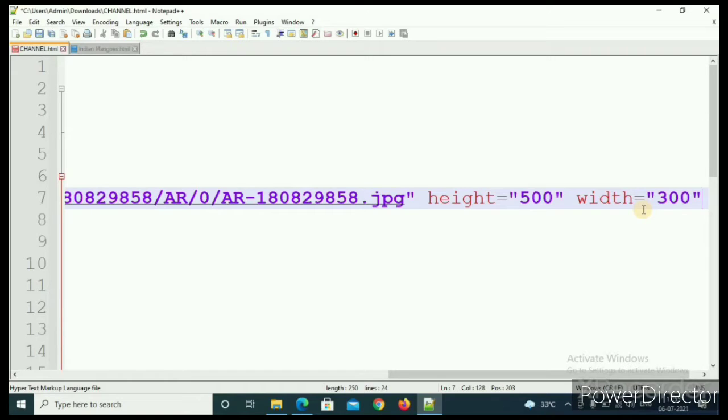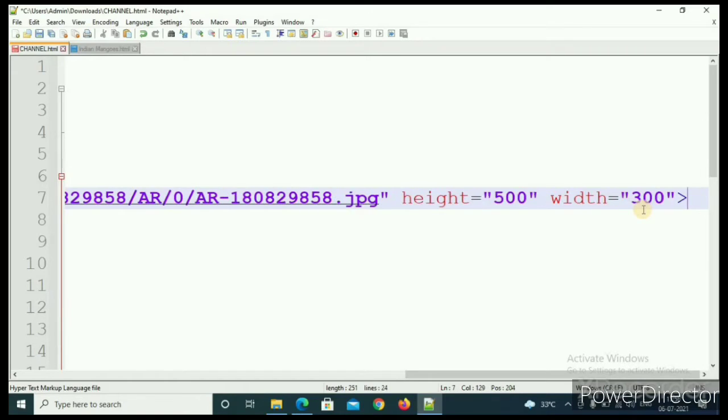Then the closing angle bracket. For the closing and opening angle brackets, you can see that they are on the key pressed with full stop and comma. If you type the key first, it will show the full stop. So if you want to give the angle bracket, you have to type shift plus that.